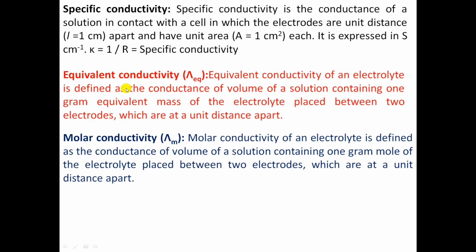Then molar conductivity. Here, instead of taking the one normal solution, they take a 1 molar solution. A 1 molar solution is defined as one where 1 gram molecular weight of substance is dissolved in 1000 ml of water. For example, sodium chloride. The molecular weight of sodium chloride is 58. When 1 gram molecular weight of sodium chloride is dissolved in 1000 ml of water, it gives rise to a 1 molar solution. When the 1 molar solution is taken to measure the conductivity, whatever conductivity is shown by that solution is the molar conductivity.